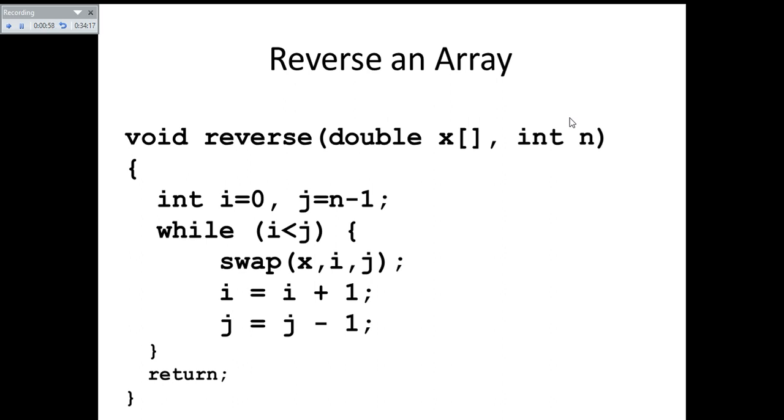So that means the original array's second element will be fetched into i, and the second element from the last will be fetched into j, so that the second element from the first and the second element from the last are now exchanged. So you can ultimately swap all the other elements. And once your while loop fails, you will have all the elements from the beginning exchanged with the end,